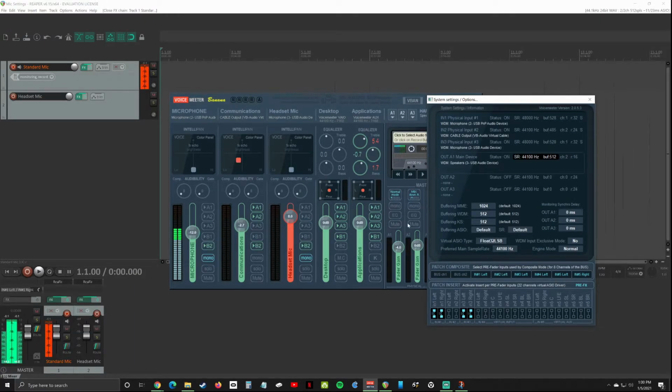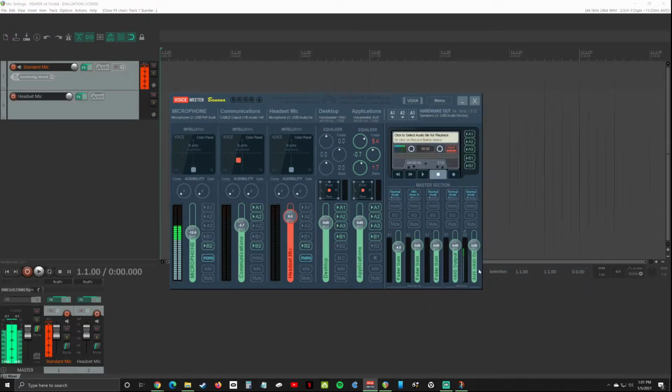Basically what these inserts do is they take your signal that's going into Voicemeeter Banana, send it out to whatever plugin host that you're using, which we will be using Reaper, and then send it back into Voicemeeter Banana before it actually outputs. So once you get that set up,